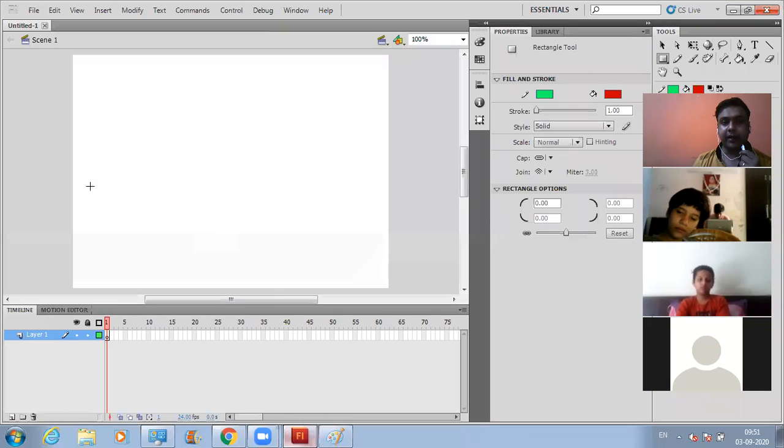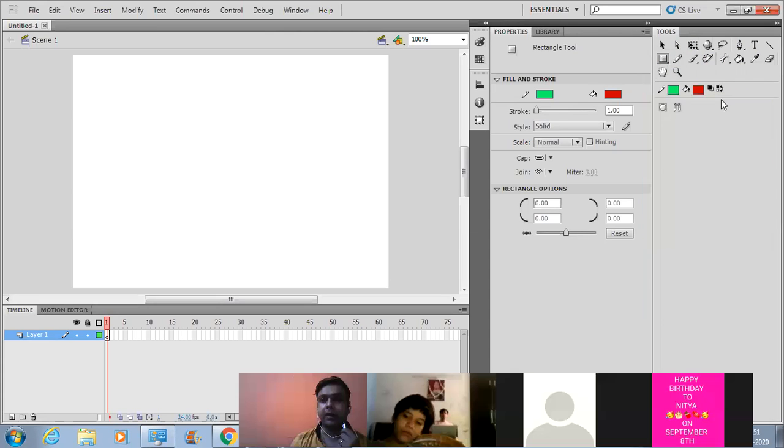So this white area in this environment is known as the stage area, on which we can draw any object and write any text. Fine. Now comes the tools panel. This whole panel is known as the tools panel. Are you all able to see this tools panel over here? Yes.